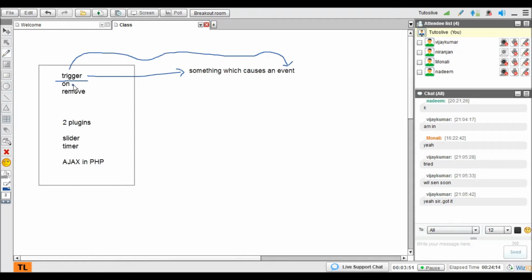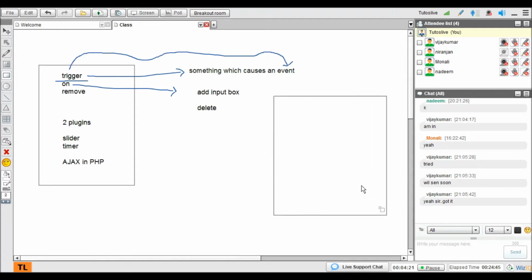Coming to the on part, this is a very important concept. Yesterday we saw the add input box example, where you click on add and the input box keeps on adding, right? Now I'll explain a simple concept in jQuery or JavaScript.